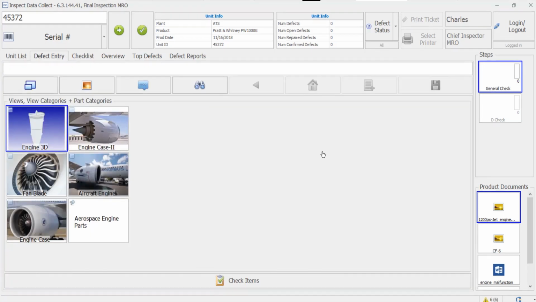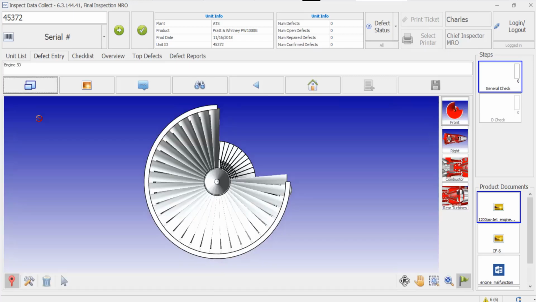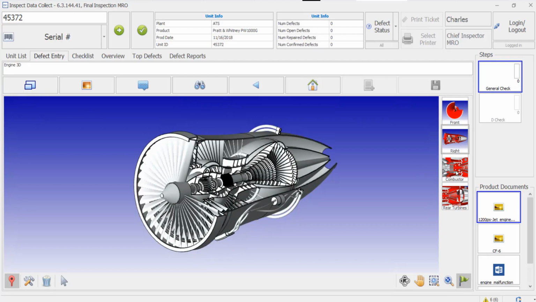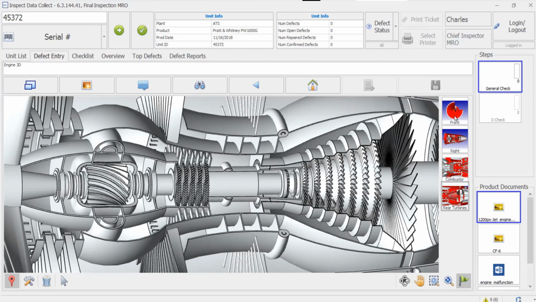ATS Inspect allows you to enter defects using both 2D and 3D views. You will only be shown views that apply to the unit you've selected. Let's have a look at a 3D view. Although you can freely rotate and zoom the model, you can also use bookmarks. This will move the model into preset positions and add and remove components from the model depending on how the